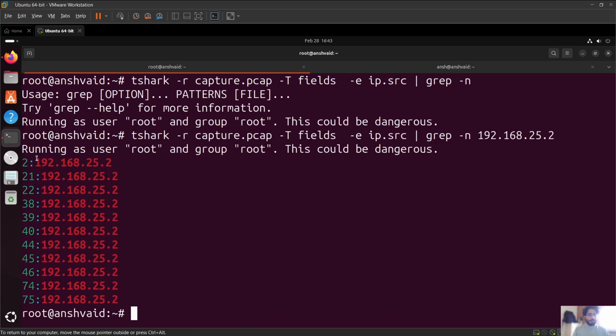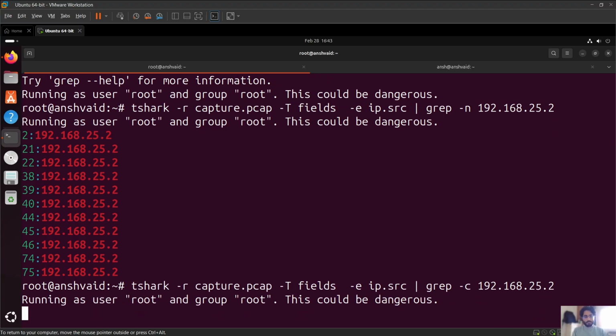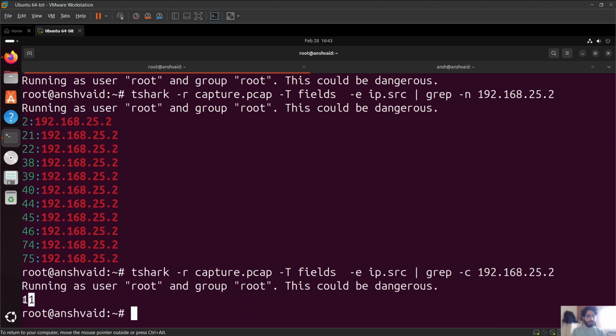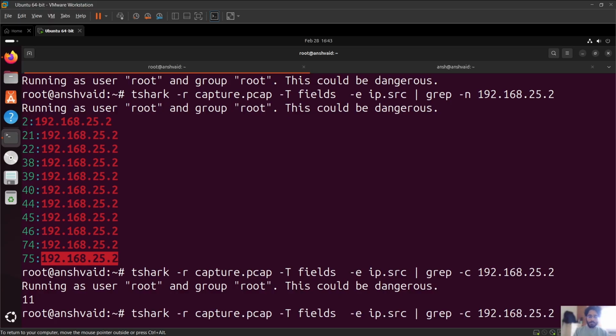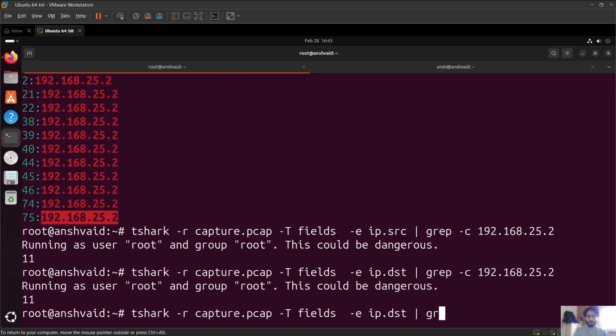So it is grep -c, not -n. It is 11 times that 192.168.25.2 was used as a source IP. This is another way you can do filtering. If I want to do the similar thing for the destination, you can do it like this. If I remove this grep command,